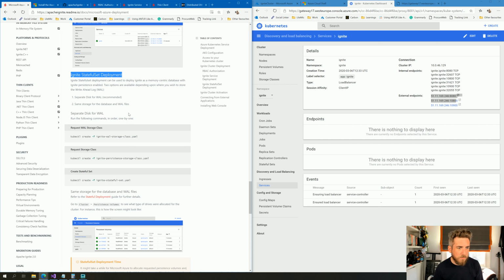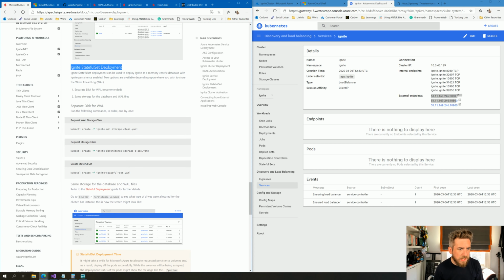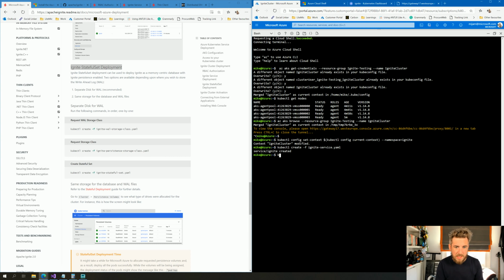So we'll do the recommended. So we need to run the following commands in order, one by one. Well, let's do that. So again, kubectl create ignite WAL storage class.yaml. Perfecto. Kubectl create ignite